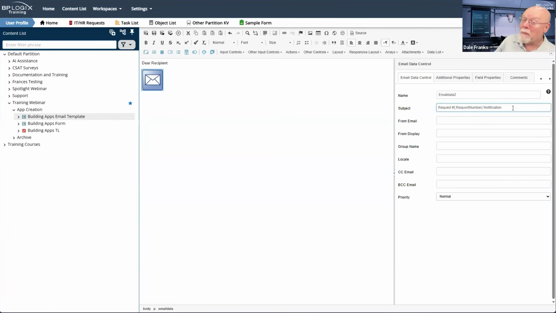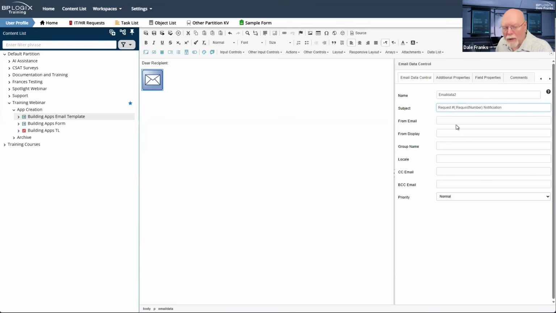So in our particular case, while I could create a generic email data control, I probably am not going to do that. I'm probably going to want an email data control in each of my sections. And that's fine. I can do that, and it works great, but I do need to configure my system so that it works properly, so that I can have multiple email data controls.